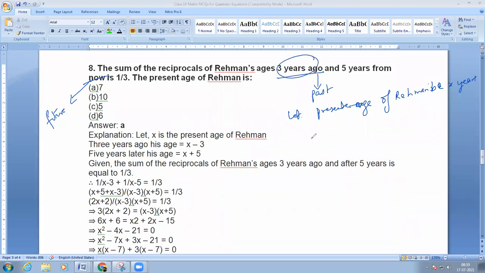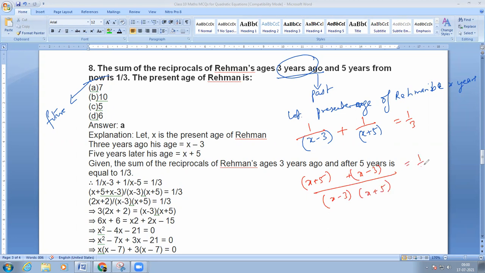3 years ago Rahman's age is x minus 3, and 5 years from now his age will be x plus 5. Take the reciprocal of these ages and add them; the sum is given as 1/3. Now solve this equation. We take the LCM: x plus 5 plus x minus 3 divided by x minus 3 times x plus 5 is equal to 1/3. Now x plus x is 2x, 5 minus 3 is 2, and cross multiplying by 3, it is equal to x square plus 2x